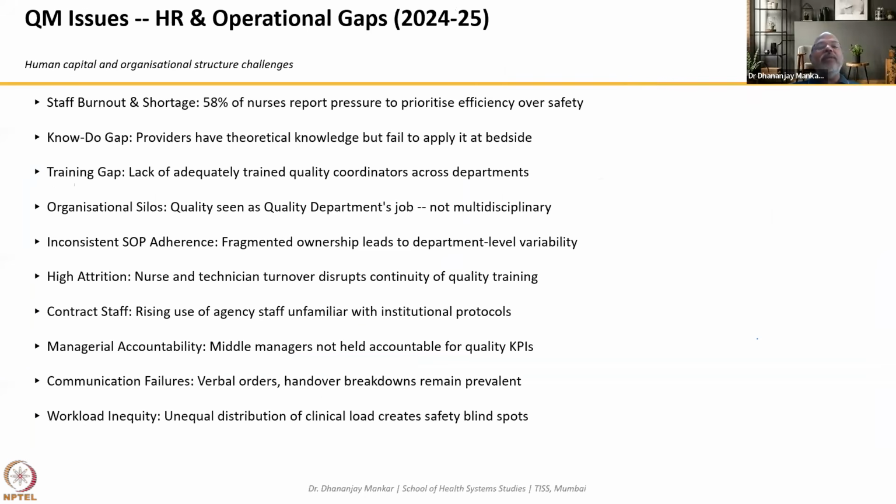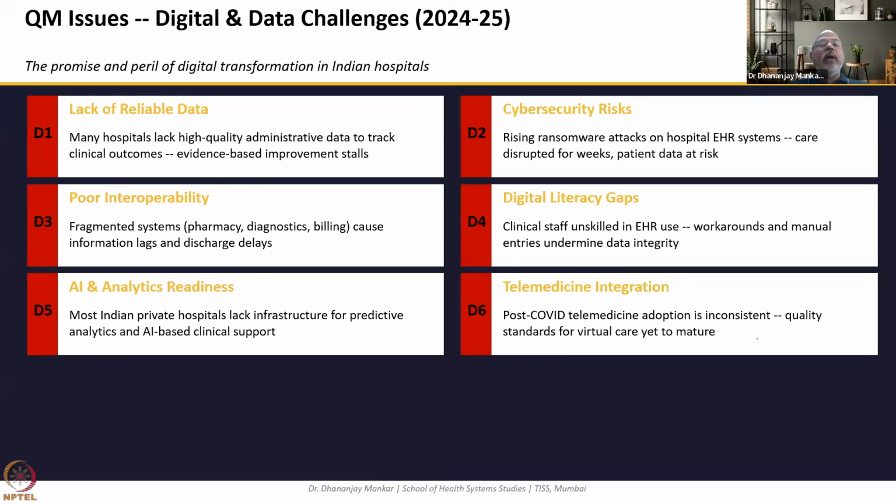HR gaps are very much being seen in Indian hospitals. Understaffing is there, and staff are not properly skilled and properly educated, which is making our organizations silos. Digitalization is extremely poor. Very few hospitals are digitally transforming themselves. Indian hospitals are on the verge of a digital emerging era, where you can see the other sectors in our country have already taken digital. We are par exceeding over there, but in hospitals and the healthcare sector, we are very lacking and very poor.